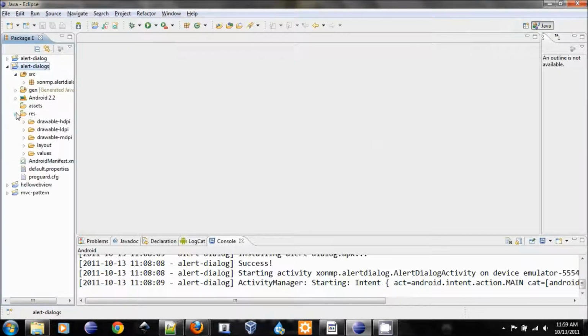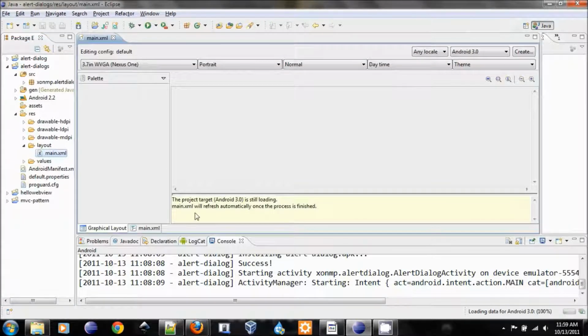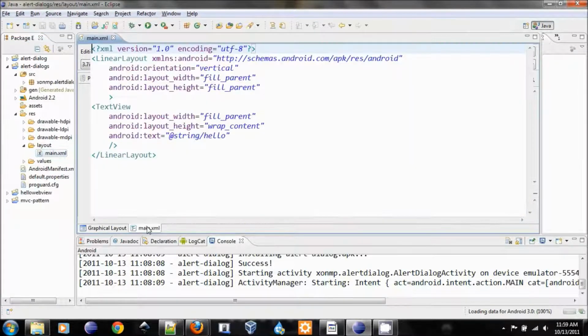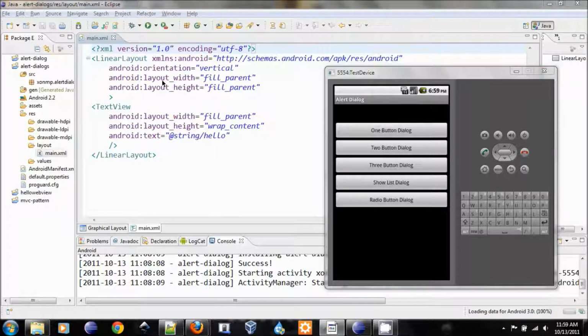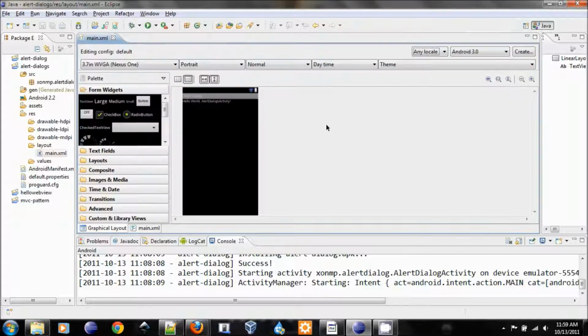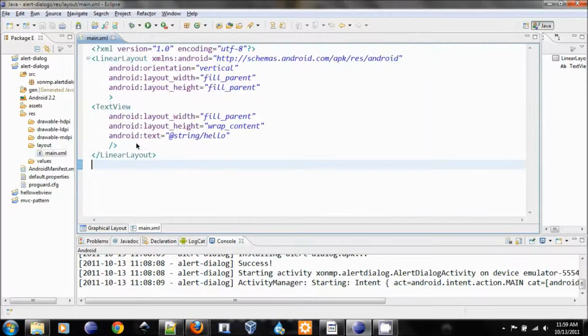So let's create the layout first. Let's go to res, layout, main.xml, and the layout is very simple. We want to get rid of the text over here, and we want to have buttons. So in the graphical layout, that's the text. So get rid of this text view,